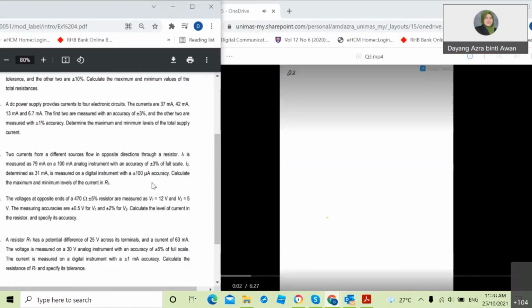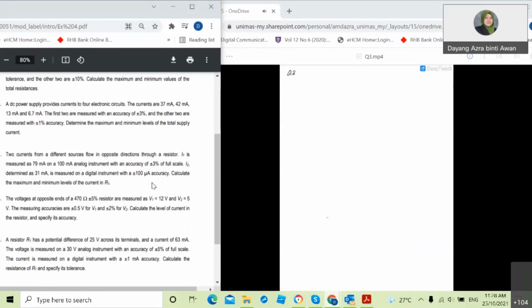For question number 3, we have an electronic circuit with a DC power supply. The currents are given as I1 equals 37 milliamp, I2 is 42 milliamp, I3 is 13 milliamp, and I4 is 6.7 milliamp. The first two are with an accuracy of plus minus 3%,